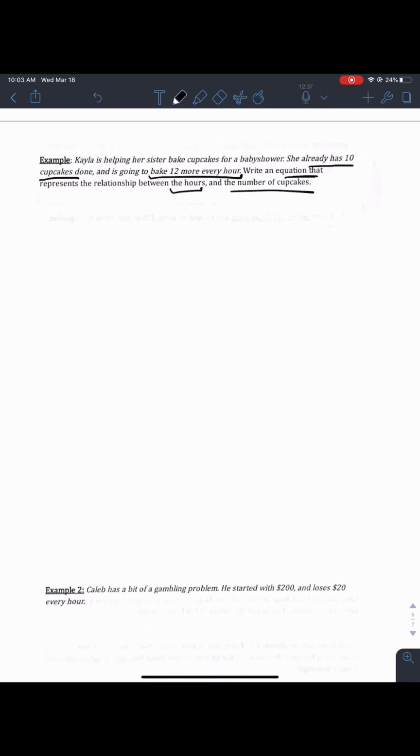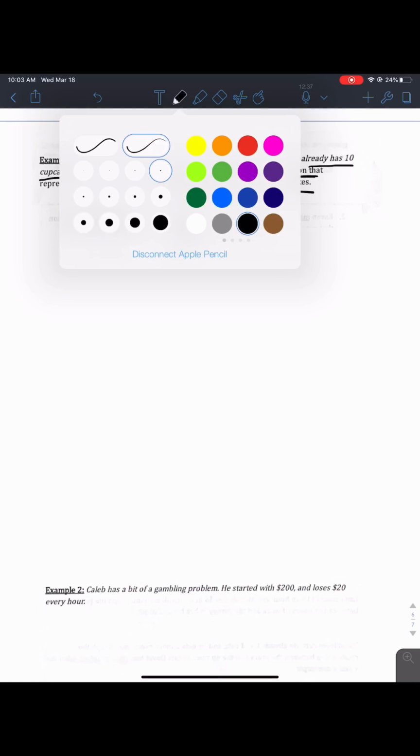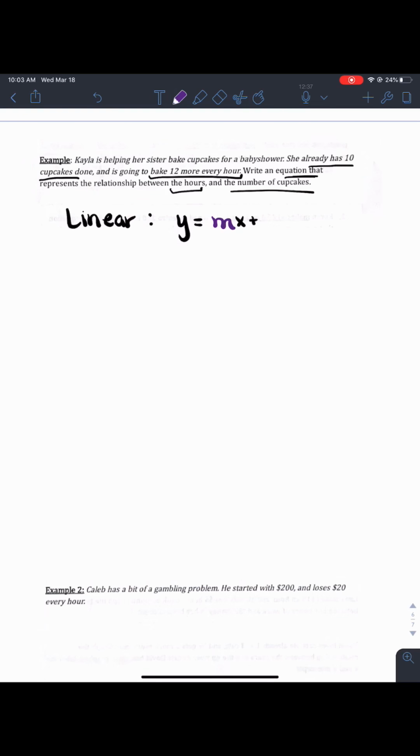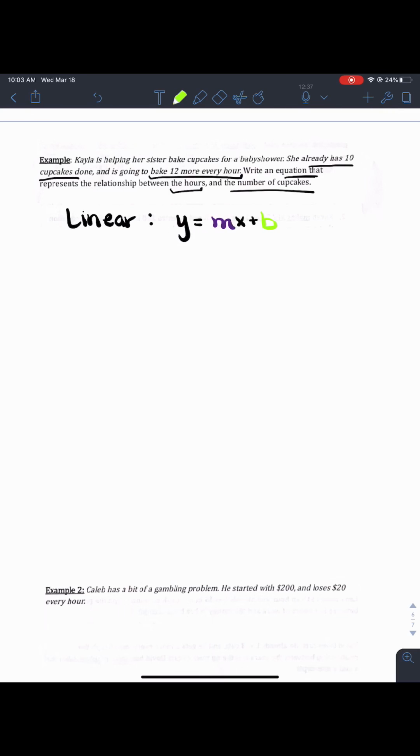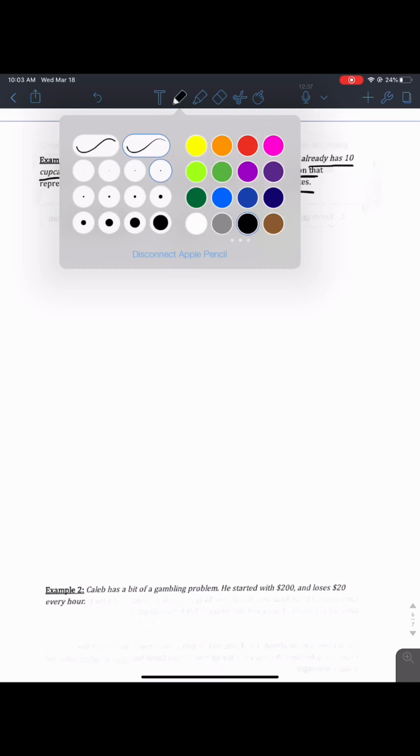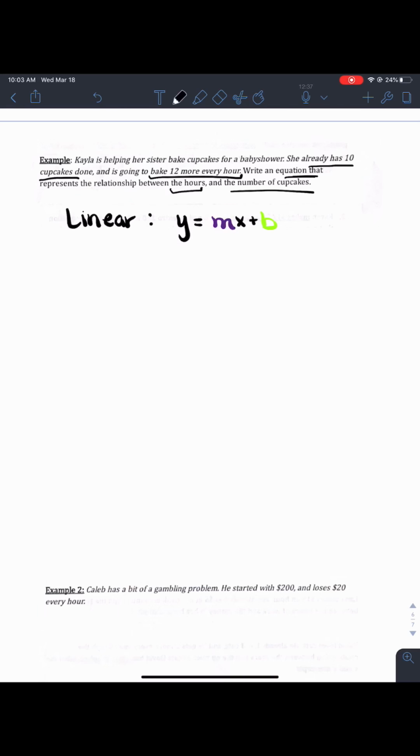Okay, so a couple things we want to dissect here is chances are if it's a linear equation, it's going to follow the form y equals mx plus b. And I'm actually going to go ahead and change these colors because m is going to represent our slope and b is going to represent our y-intercept. So both of these, m and b, we're going to switch out. They're not going to be there when we write our equation, but x and y will. Okay, so what we want to do is identify what's the slope